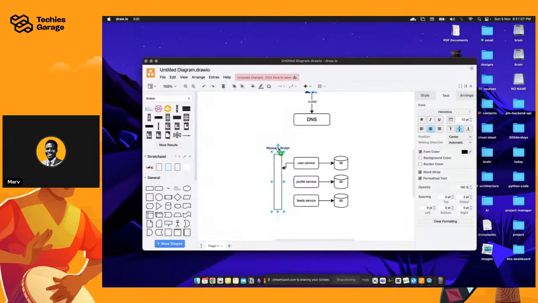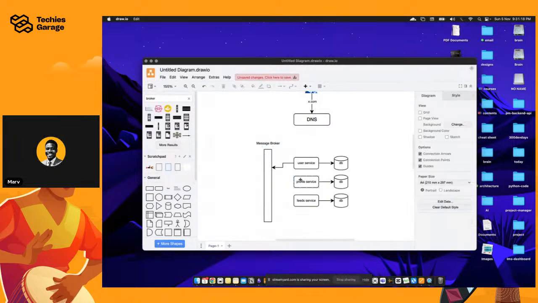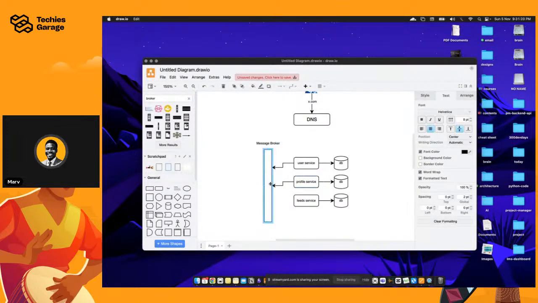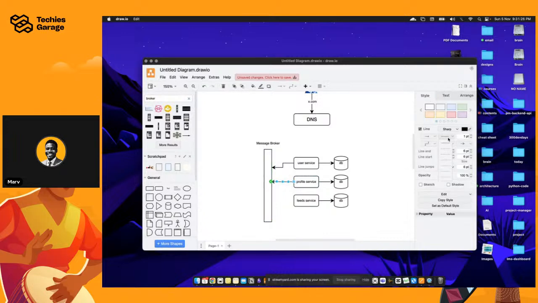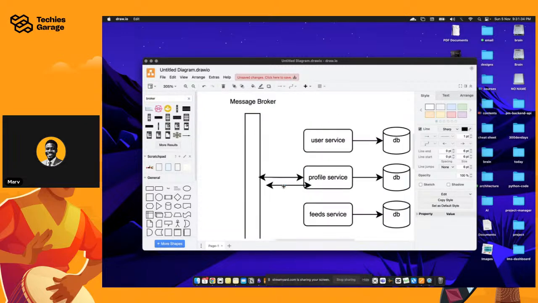Okay, let's do it this way. Come on. Don't do that. All right. Okay, so this is all we have. And the connection lines here would, of course, be bi-directional to show that we can send messages, but at the same time, read from other services. Yeah. So this is just going to be a very simple way to show that